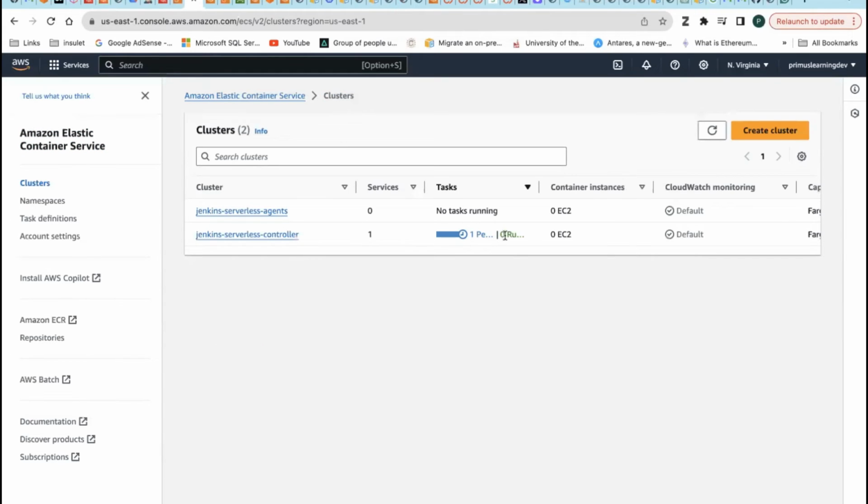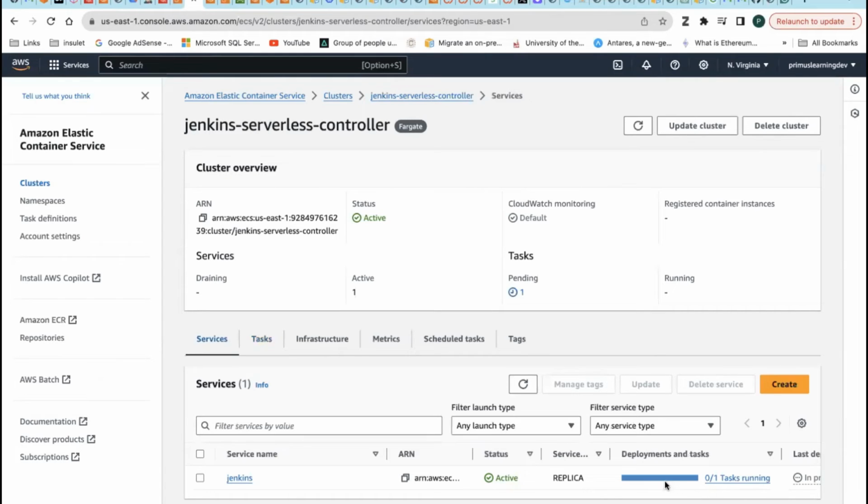You see, there is a pending task right here under the Jenkins serverless controller. So you see the task. The task is beginning to pop up, or the service. This is a Jenkins service, right? So it's created a Jenkins service. This service will always be available. This one will not